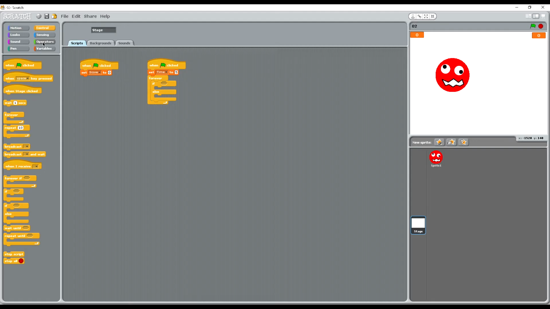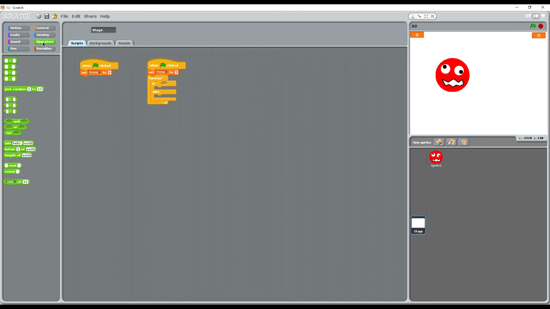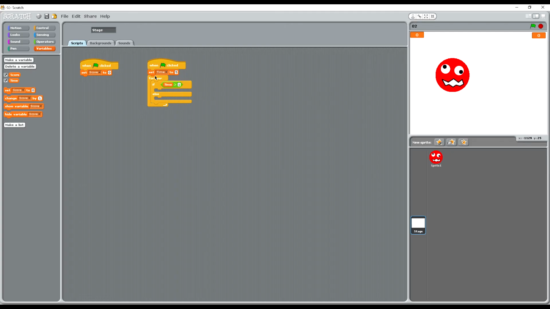So we're going to go into the operators, and we're going to go with the greater than symbol. That's the one that points to the right. Back to our variables, and we're going to drop time into there, and we're going to say if the time is greater than 1. Now you see how this is a hexagon shape, so is the one there, so that just drops in. So we're saying if the time is greater than 1,